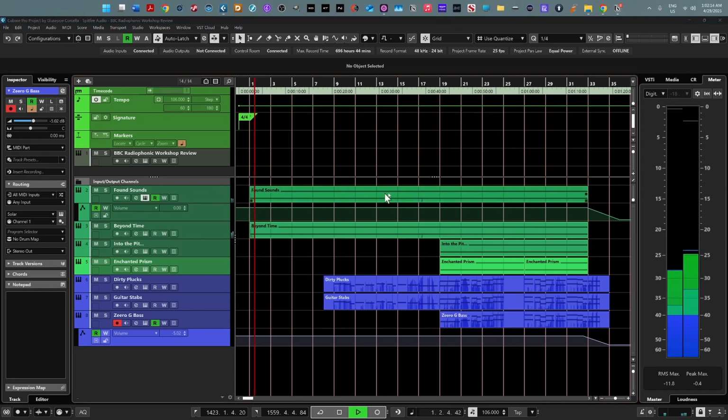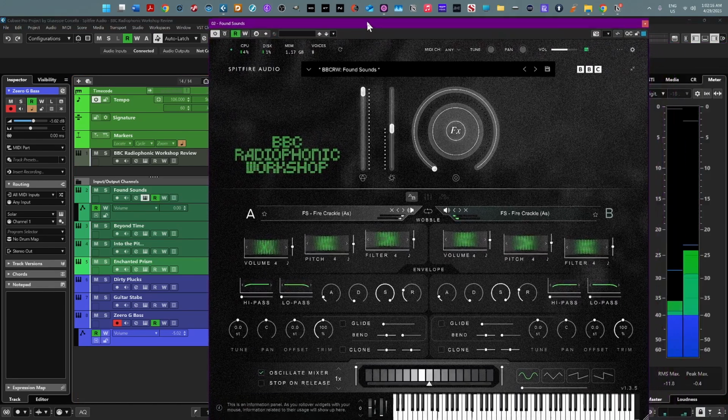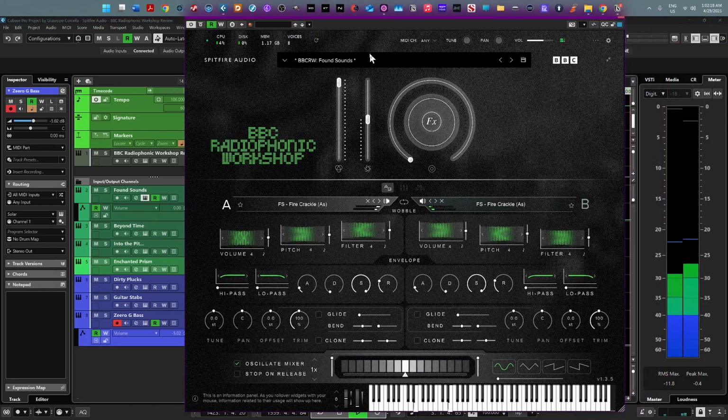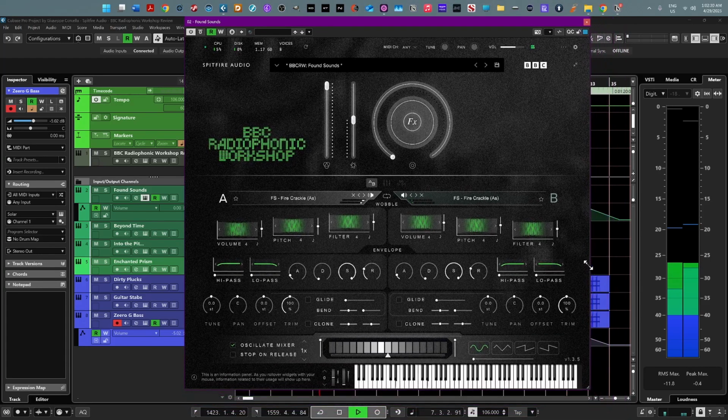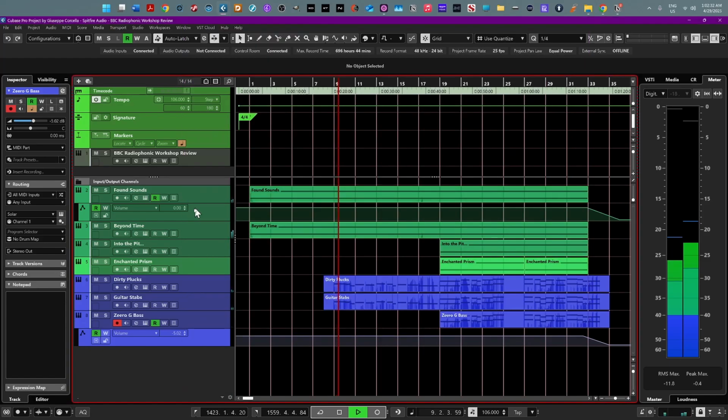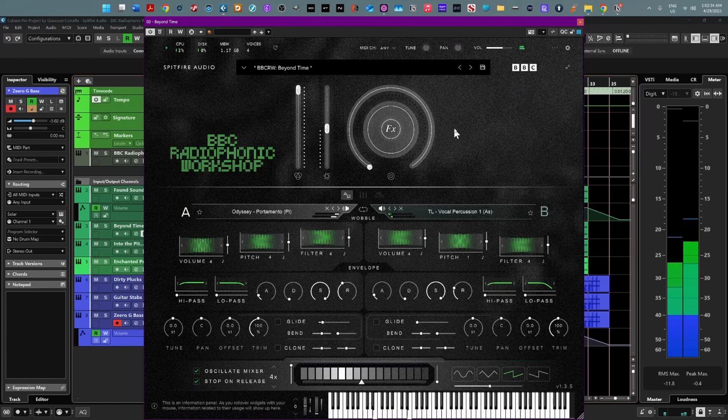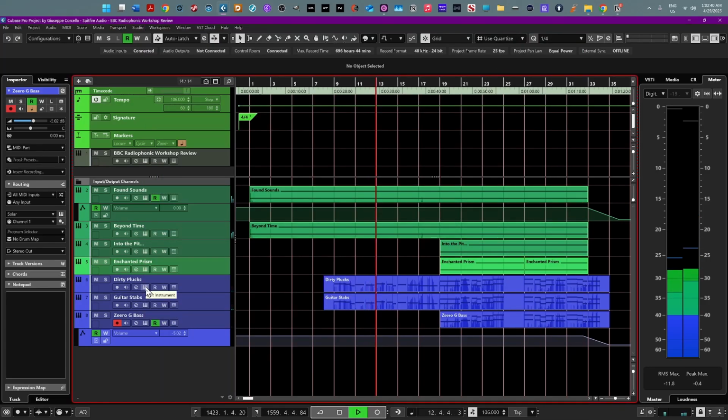Okay, BBC Radiophonic Workshop is a truly fascinating library. It's filled with rare, distinctive sounds. It's a tool that can easily find a place in electronic music productions, but it also shines in cinematic contexts, especially when scoring industrial, sci-fi or dystopian films and creating unique sound design elements. There are also a few kits of Foley, which are a quite nice addition.